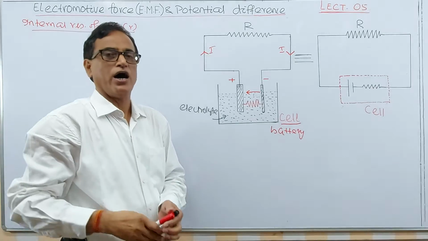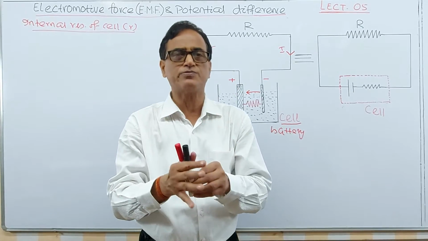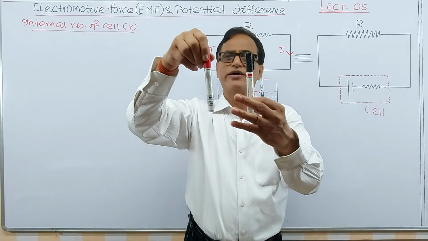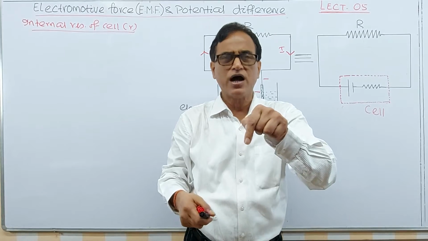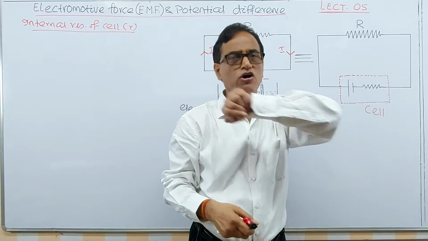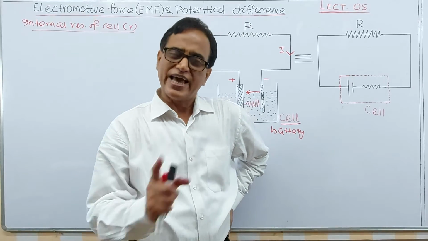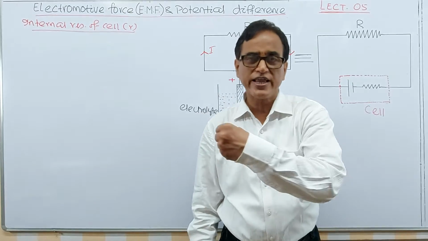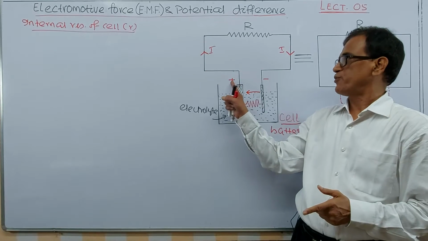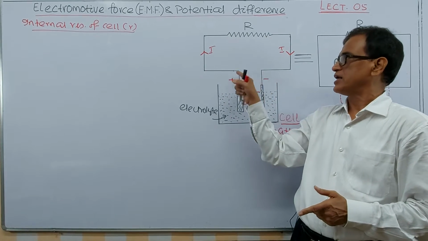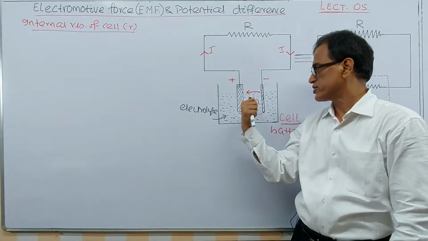We designate it by r. If you consider r to be very, very small, you can neglect it, but any cell has a certain amount of resistance, because there is a positive electrode and a negative electrode, there must be certain materials inside, and that material must have certain resistance. Current flows across the internal resistance of the cell. That's why the conclusion is: a cell or battery is a device which forces the electron to move inside a conductor such that we can get current in the circuit. Current is from the positive terminal of the battery to the negative terminal outside the cell, and from the negative terminal toward the positive terminal inside the cell through the internal resistance.